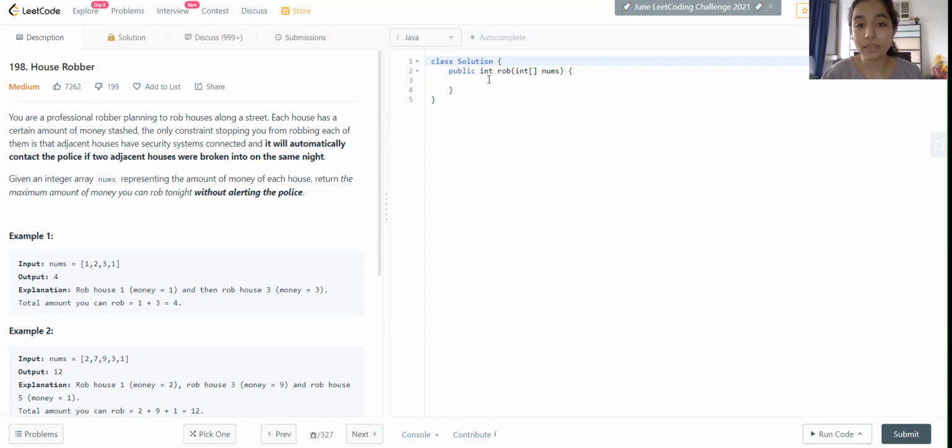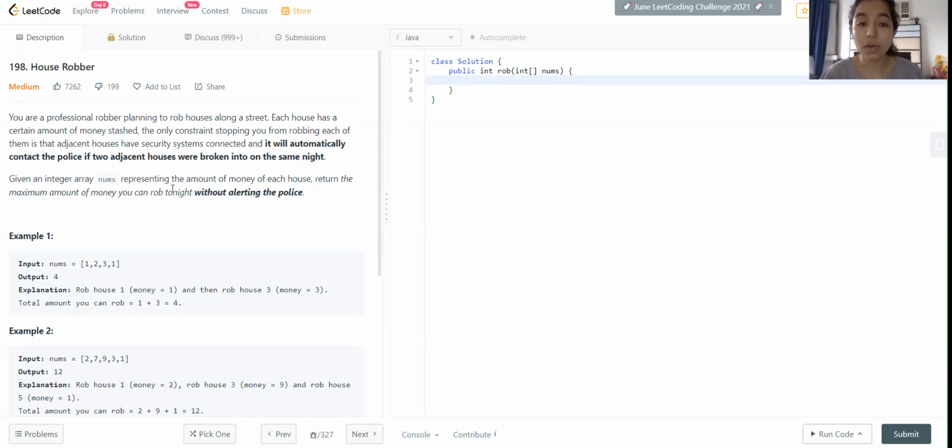So there is a basic DP template which we have discussed yesterday and before in a lot of DP problems, which is we are going to initialize a DP array with one size greater than the given array. And with that, we are going to initialize the first two elements and we are going to run the loop, taking out the maximum amount according to the given conditions, and we're going to return the element present at the last index of the DP array. So that would be our answer.